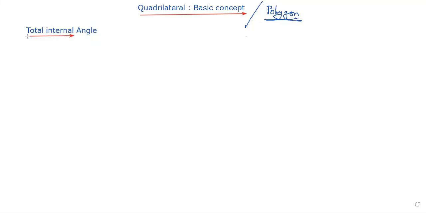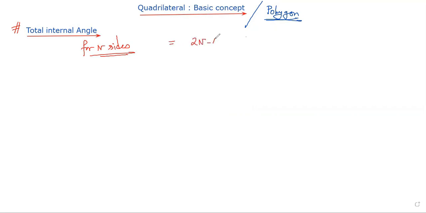Important point is total internal angle. This total internal angle for both polygon, any types of polygon, quadrilateral or polygon, or it may be that more than two sides, like in triangle, also you can find it out, total internal angle. Let there are n sides. For n sides, this total internal angle will be equal to